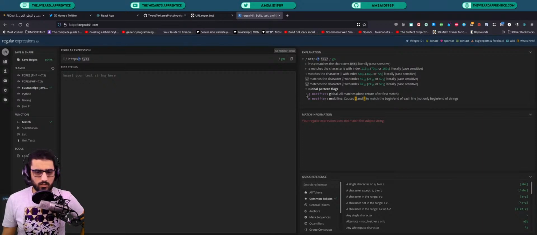And what this does, as you can see, it has an explanation on the right side for what this pattern does. So the start here, the HTTP, it captures the literal characters HTTP. So if you type anything else in here, it's not going to match anything. However, if you have HTTP,